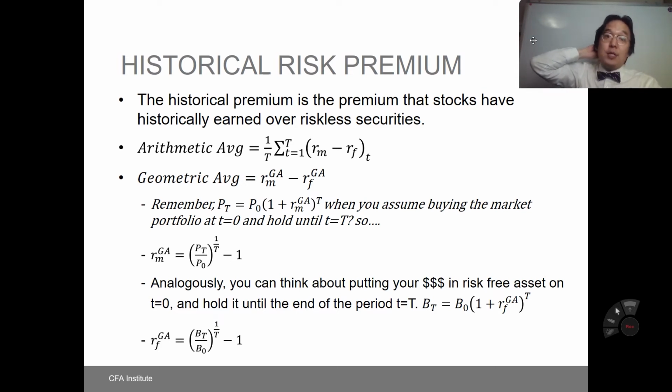Geometric average is different, okay? Here, you don't need all the intermediate observations. All you need is the beginning point and ending point values and take the geometric average of it. So for market return, you take the geometric average, 기하평균 in Korean terminology. And for risk-free return, you also get the geometric average of it. Remember,